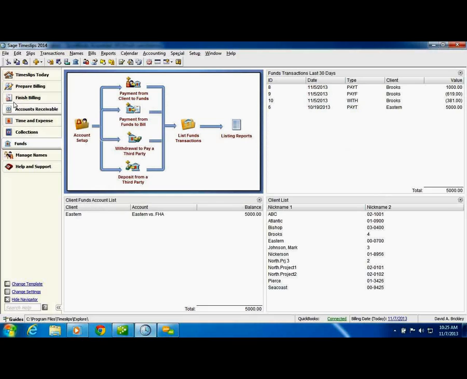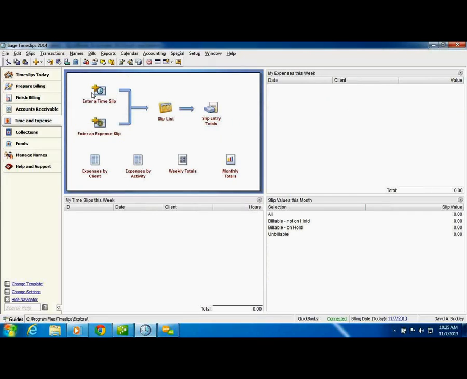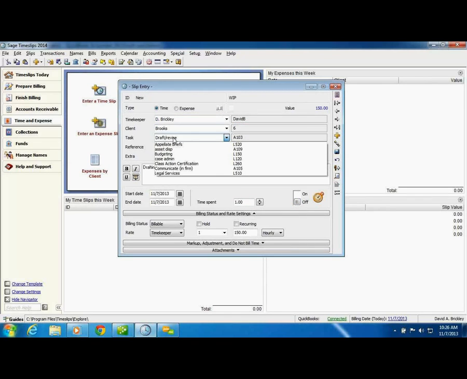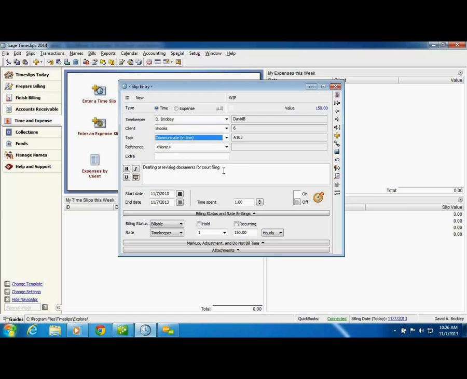So the next thing we're going to do is we're going to get ready to generate our bills, and we have to add a little bit of time for Mr. Brooks. And let's say Mr. Santos spent an hour drafting and revising. He spent an hour on that. And we have the other attorney, who is Mr. Brickley, and he gave the client a call.